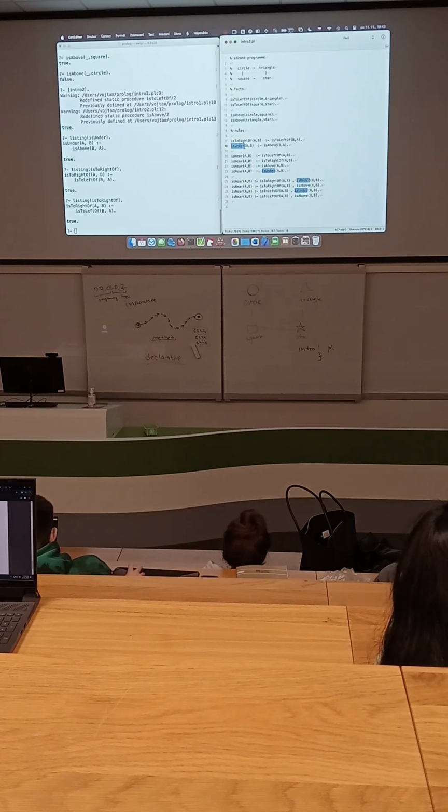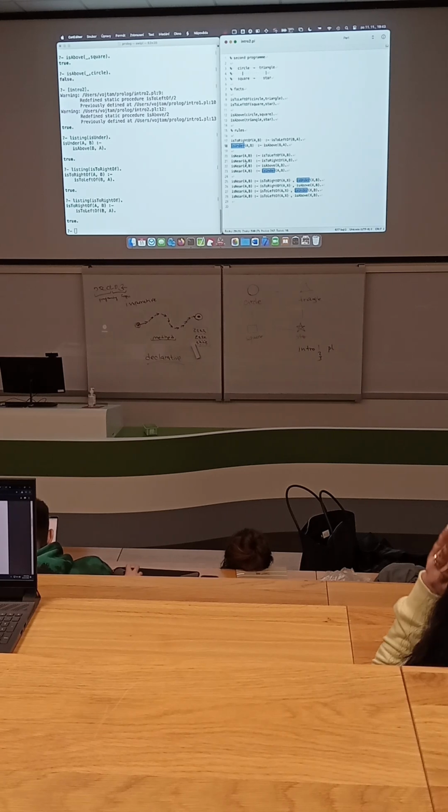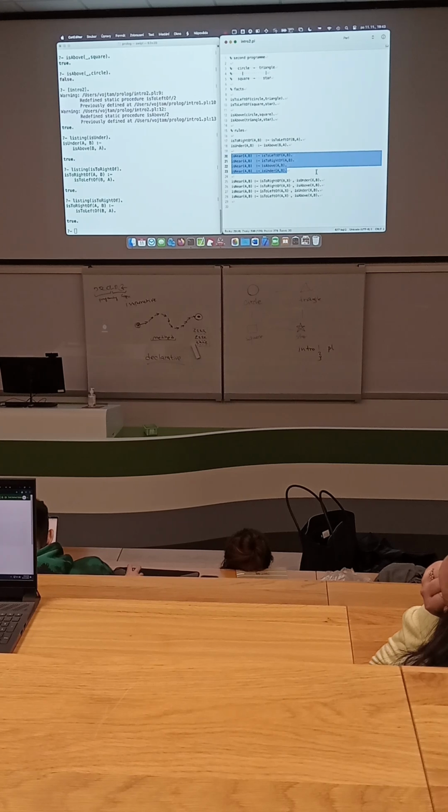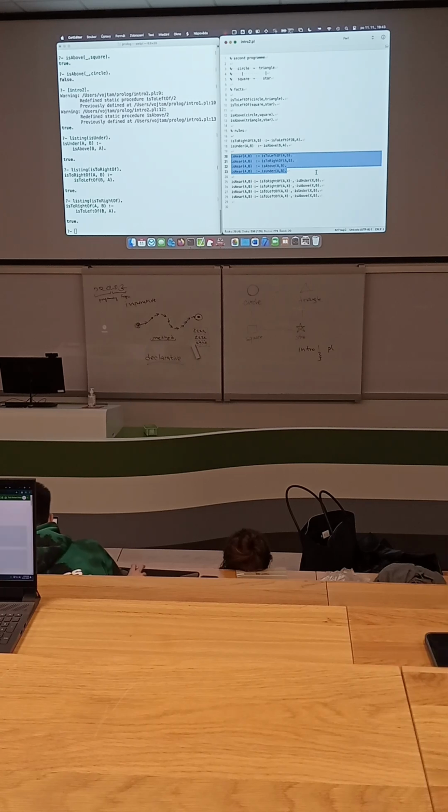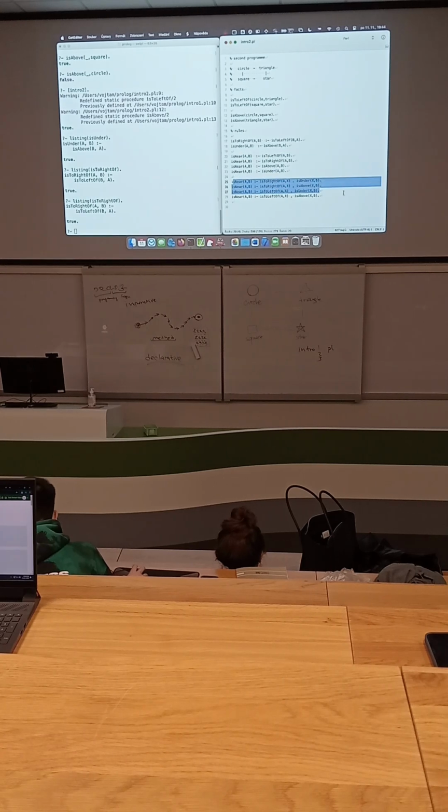And near, what is near? Near is left, right, above, under, and also all this: up right, up left, under right, under left. So we have also this.